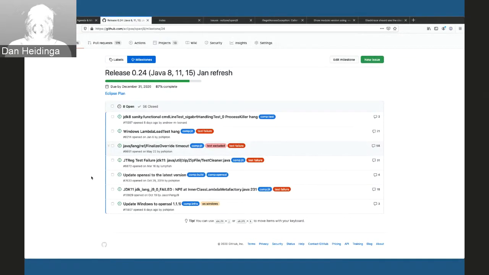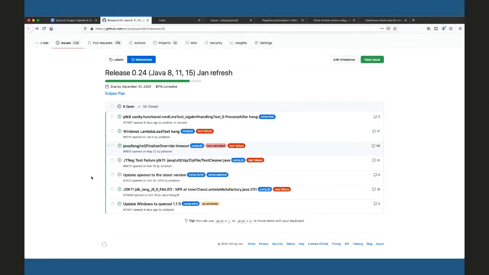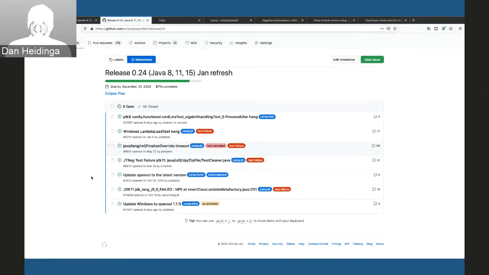Looking at these, a number of them look familiar as long-standing issues, so moving them forward again should not be a quality statement given the previous releases. Any other comments or concerns around the 0.24 release?